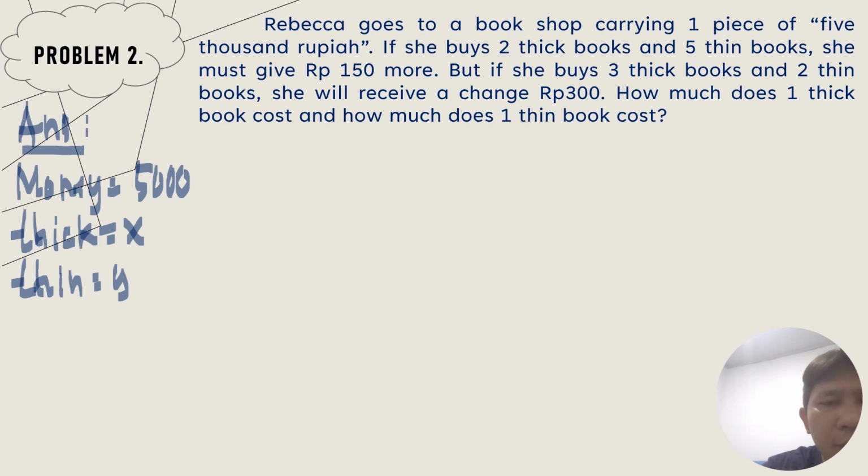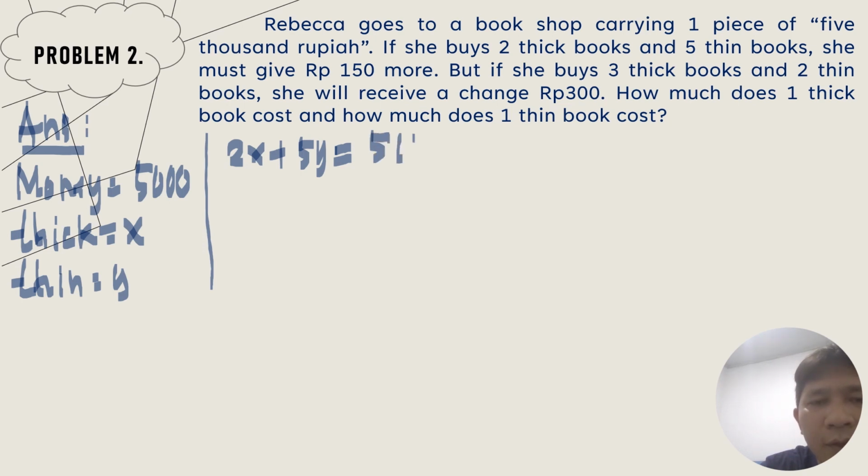Then according to the information, 2 thick books, so 2x plus 5 thin books, 5y equals, she must give 150 more, so this becomes 5,000 plus 150, so equals 5,150 rupiah. But if she buys 3 thick books, so this is 3x plus 2 thin books, 2y equals,